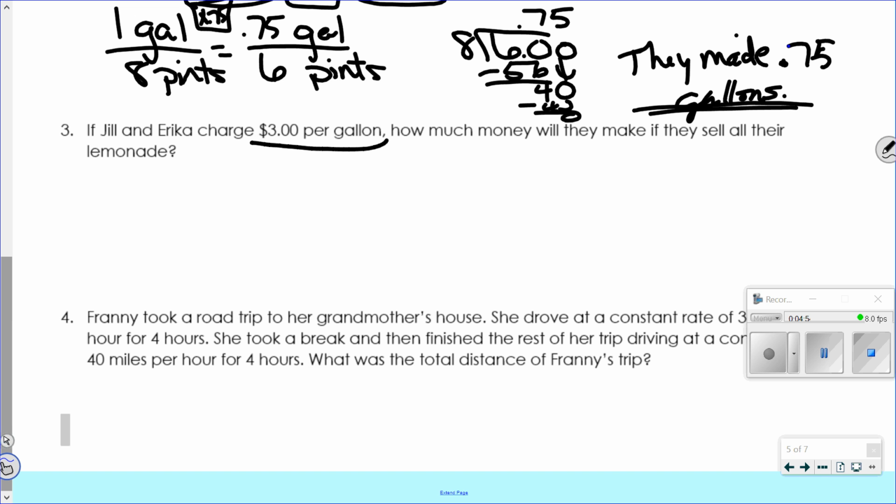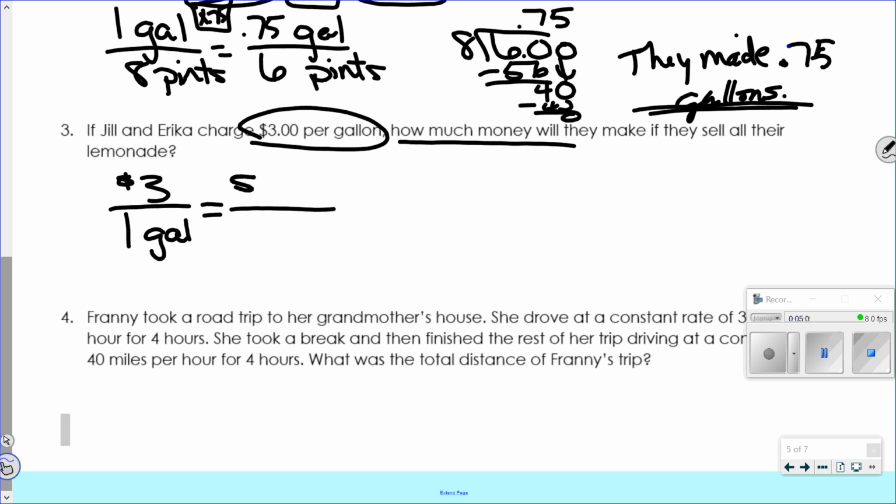Generally, going to charge $3 per gallon. How much money will they make if they sell all the lemonade? So again, they've given us our rate right here. So the rate is $3 per gallon equals, but I want to know how many dollars they get for what they made, which was 75 hundredths. How do I go from 1 to 75 hundredths? Multiply by